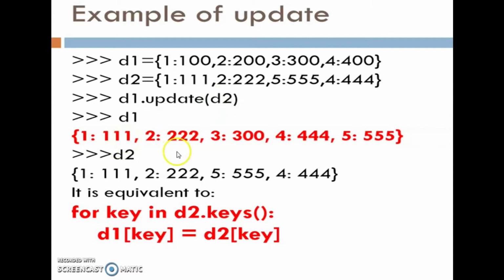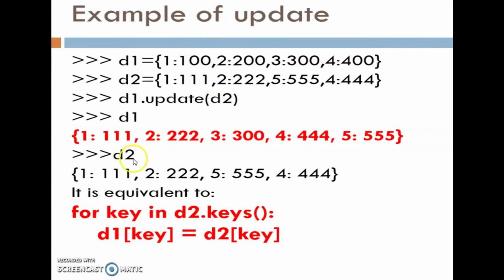1:111, 2:222, 3:300, 4:444, 5:555. d1 is updated with the d2. Okay.